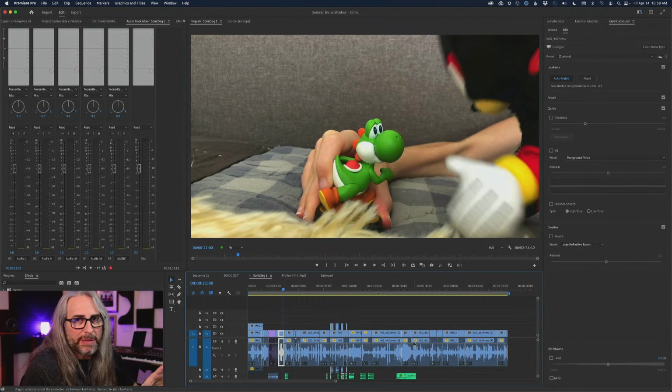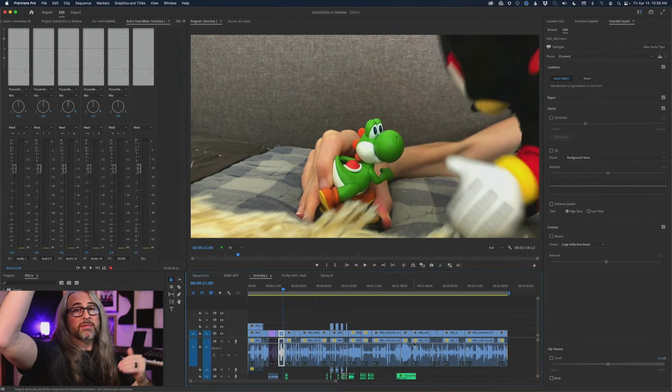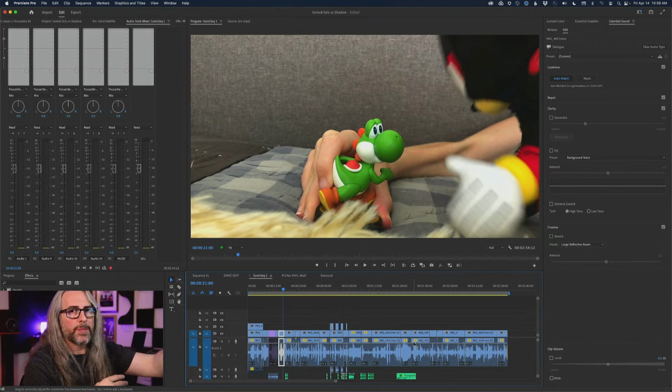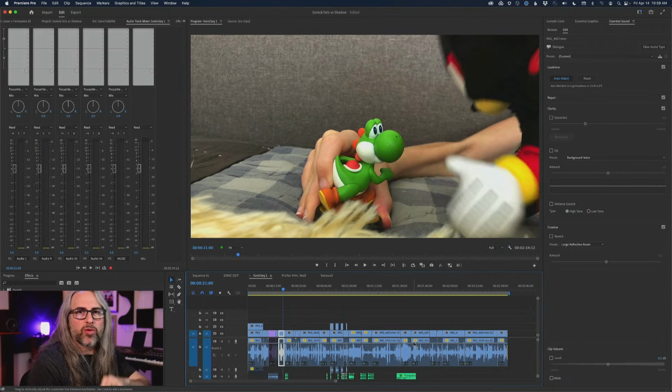If you have multiple people speaking where the levels are very, very different, that's where this becomes even more useful. When it's the same person, unless it's a mixture of ADR and different performances in different locations, maybe different microphones, the changes may be a little less obvious, or in this case, it just made everything noticeably louder. Maybe I didn't necessarily need that. So I'm giving you both sides of this because there are times where maybe you don't need to use auto match for dialogue. It's extremely useful if you have multiple speakers,